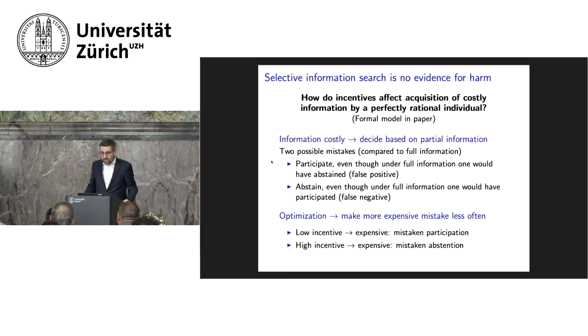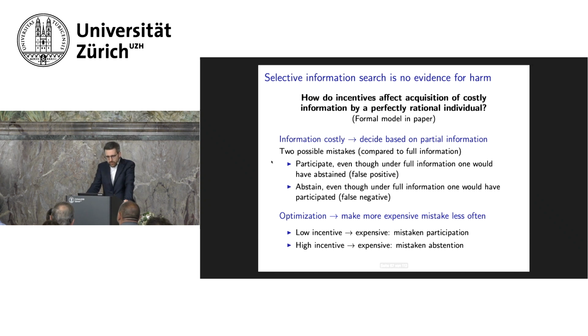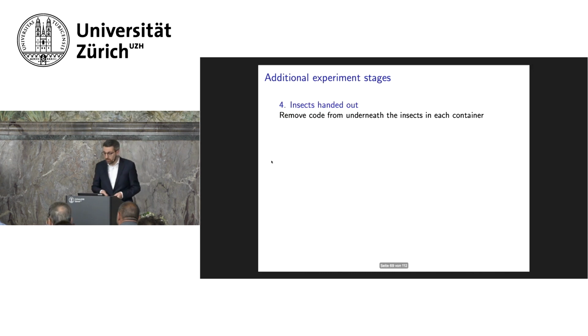If I offer you a high incentive, well, now, all of a sudden, saying no by mistake becomes the costly mistake, and saying yes by mistake becomes cheaper. So now you want to see different information, more encouraging information. So we see that even for a perfectly rational subject, a higher incentive will cause that subject to bias their information search towards more encouraging sources. So the thing that the ethicists are worried about is perhaps entirely rational behavior. But people are not perfectly rational, so we better test what's actually going on.